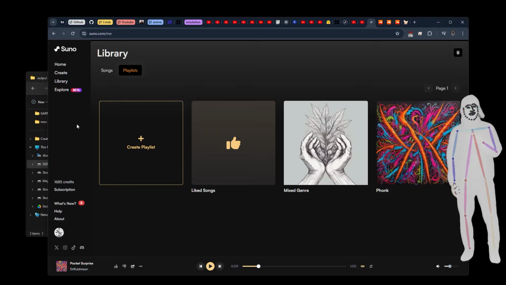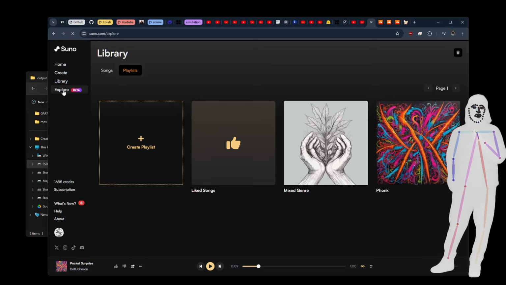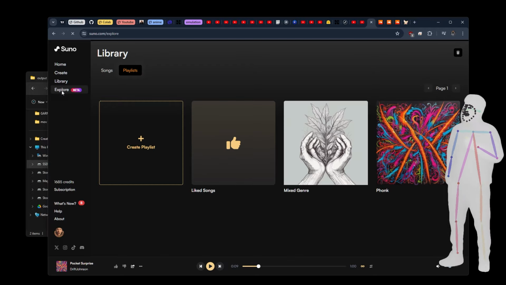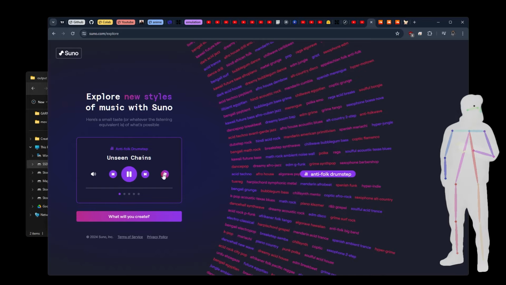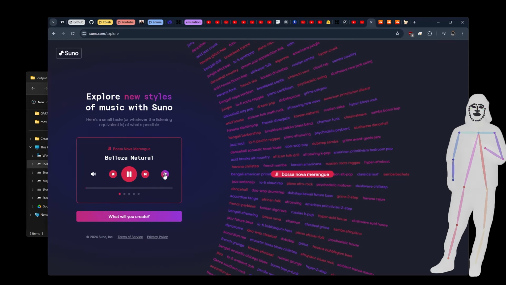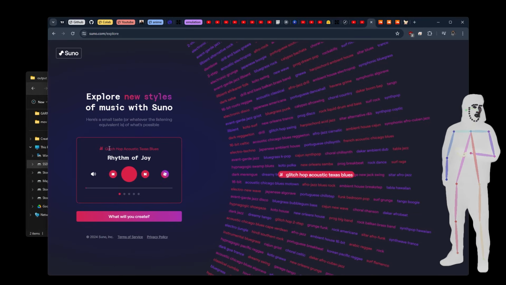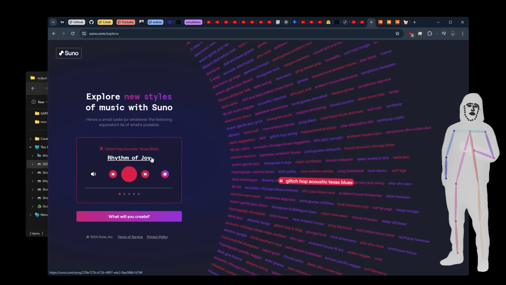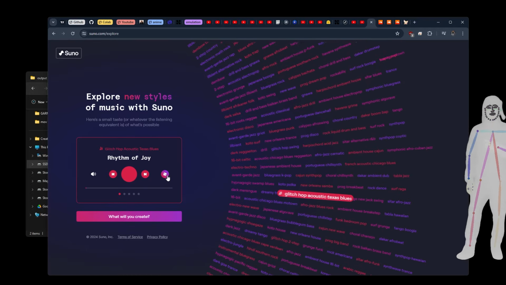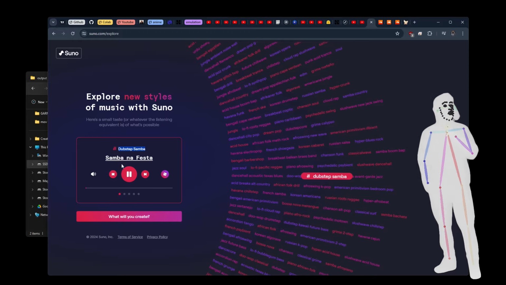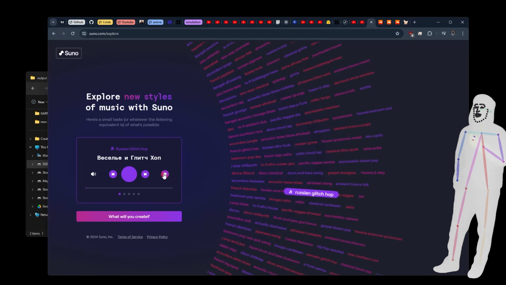If you are looking for the codes, like the style tokens, you can go to their explore thing, and if you just hit the dice, it's going to give you a bunch in red. Those are the tags that it understands. Not this, this is the name of the track, but this is the style that you want. You can combine them as well. So by combining and mixing different things, you can get some really cool effects.